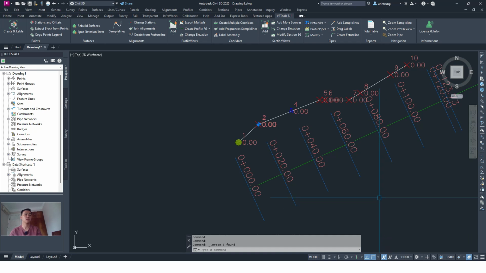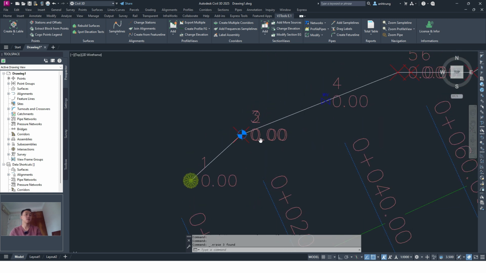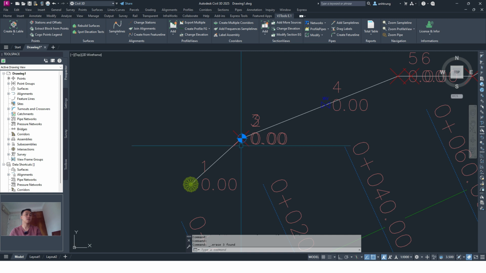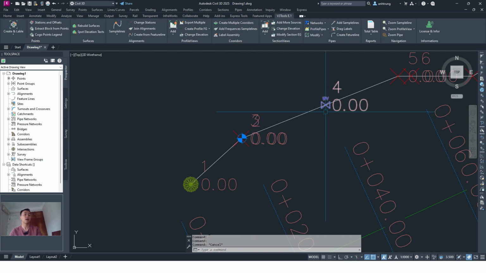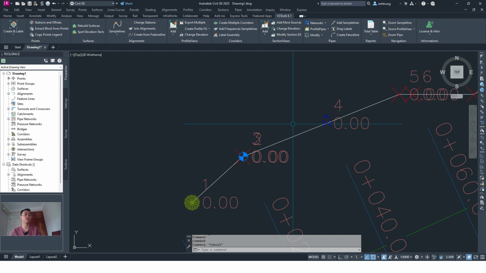In this short video, I want to share with you how to extract block from core points. We can see in this drawing, we have a block by core point, and we want to extract the block from this core point. I click the PT tool, click extract block, and from points,